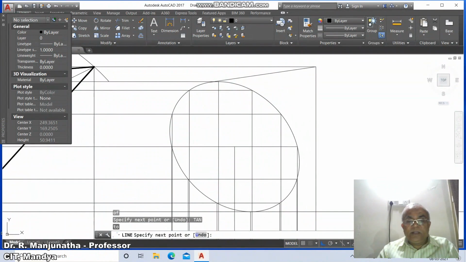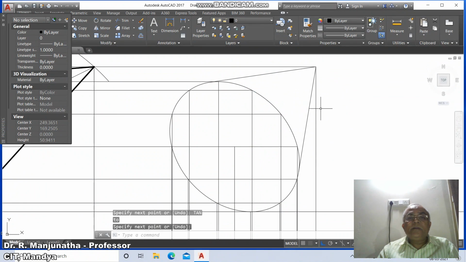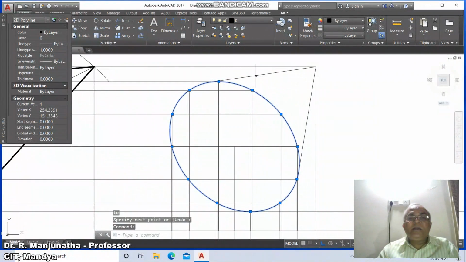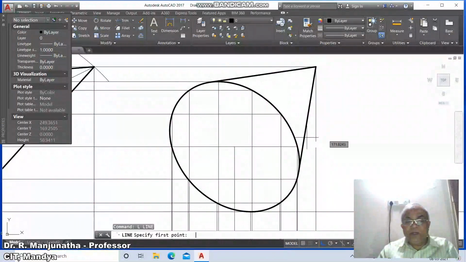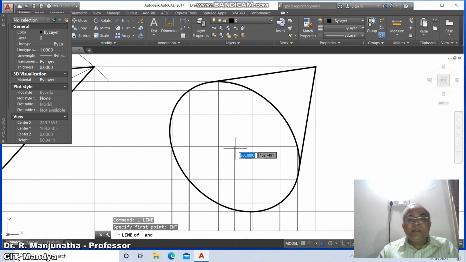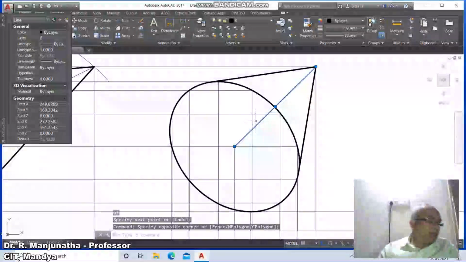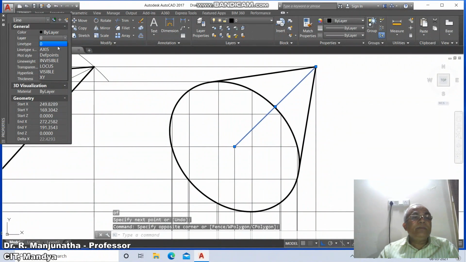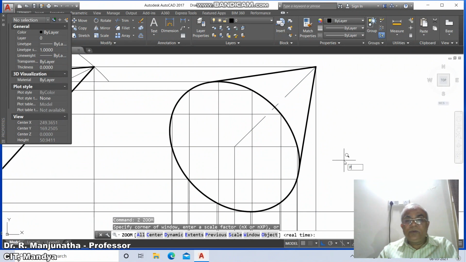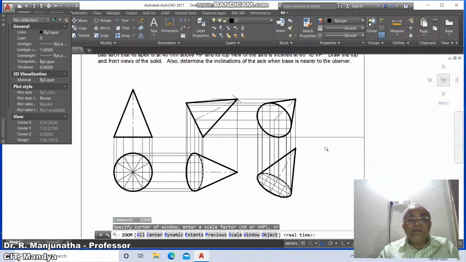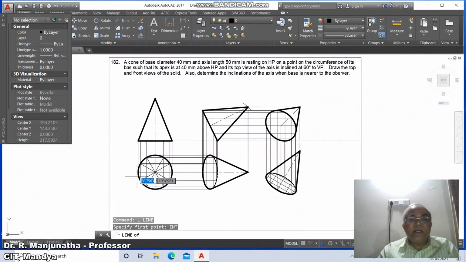then go to line, take int of this and take tangent to this, then go to select this line and you select this line and you select this line, make that layer as visible one. Then here you just go to line, take int of this and take intersection point of this, then go to select, you select this line and go to layer, make this as axis and take the line type scale factor as 10, then go to zoom previous, then go to zoom previous, then go to line, take int of this